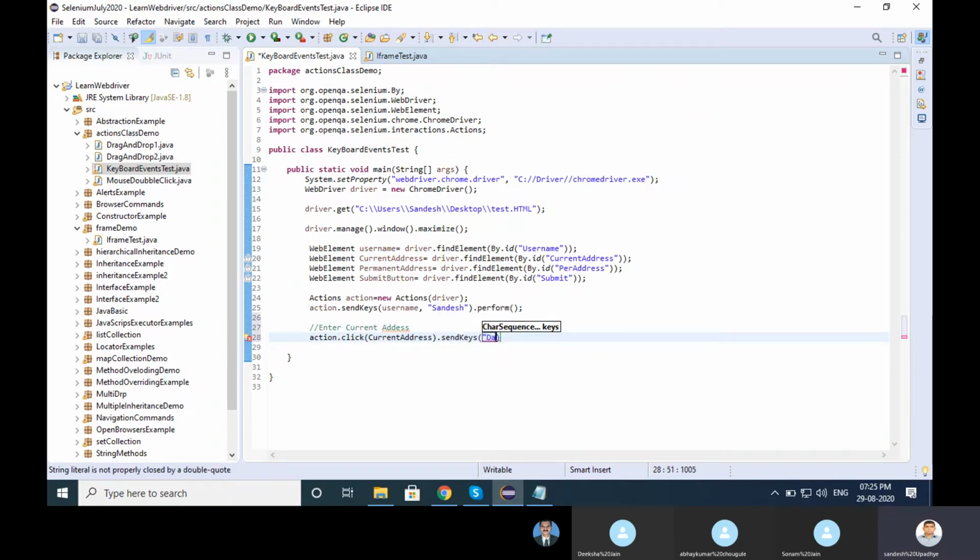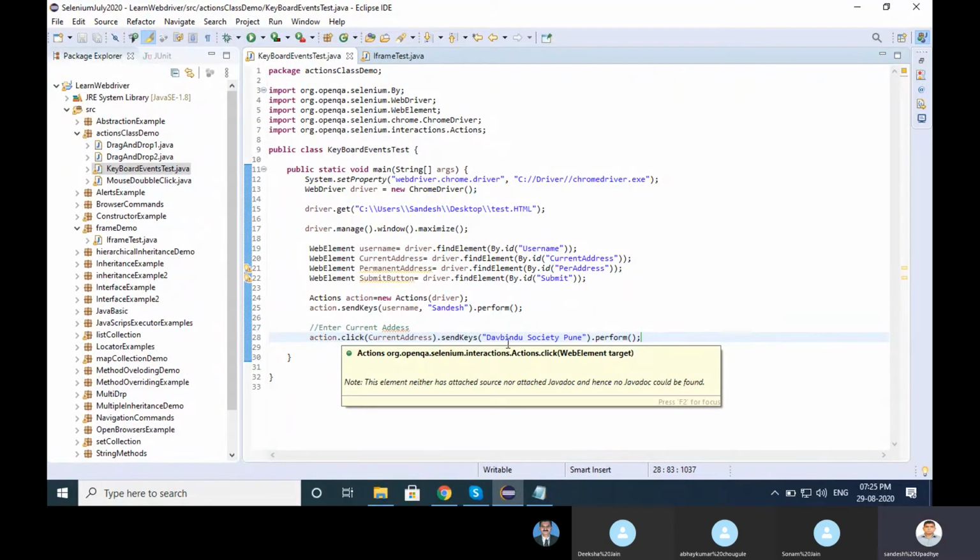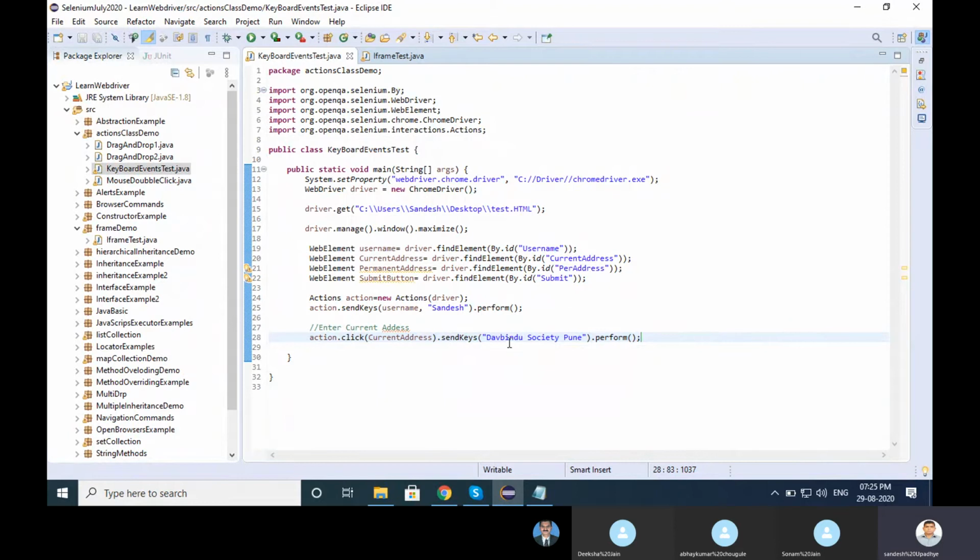Suppose Dabindu Society, Pune, something I have passed here, and again perform. Same thing I am doing here. Current address sendKeys, so it will enter the current address. Now I want to copy whatever is in the current address using my action class.